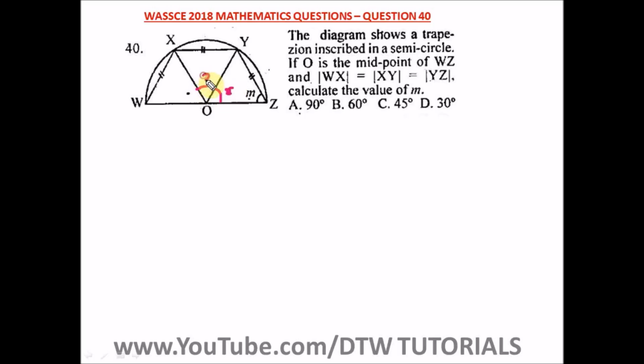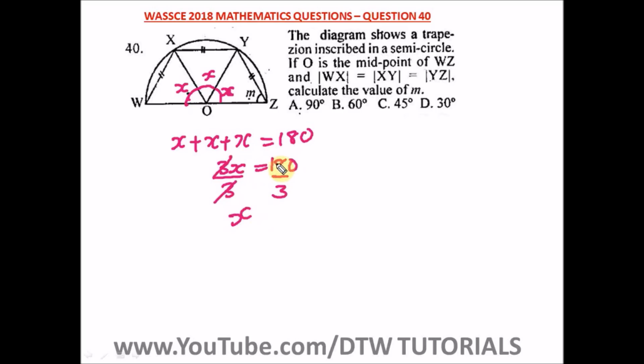So this is x, and this is also x. And you remember, the sum of angles on a straight line is equal to 180 degrees. So we have x plus x plus x is equal to 180. And x plus x plus x is 3x, equal to 180. Divide both sides by 3. So x is 180 divided by 3, which gives us 60. So this angle is